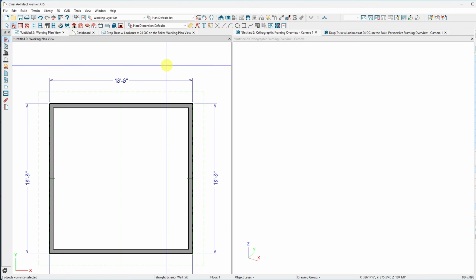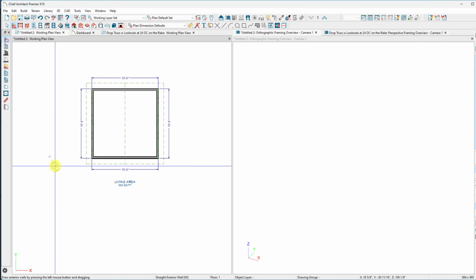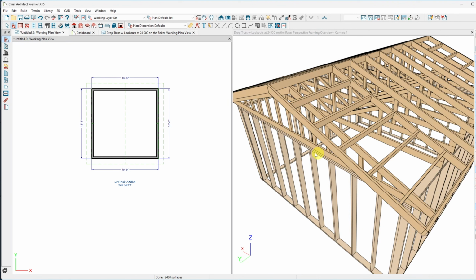And so I think when we're going to see it is when I actually go. So what I did is I set up an orthographic framing overview camera. And it's over here. So it's not pointing in the right place. So I'm going to close that. This is one that I've got saved from when I made that shot I first showed you. So when I click here,